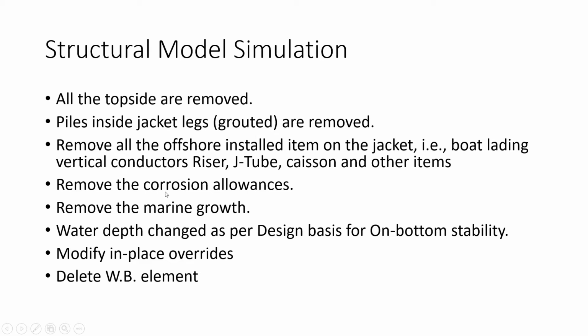In the sense, how to remove this, you have to reassign the property of the original tubular and the thickness. That is called removing the corrosion allowance, which you have to remove in the splashdown area. And then remove the marine growth. There will be a command in the in-place file, from which elevation to what elevation we have to give the marine growth and the thickness. This you have to remove, because as soon as the jacket is placed on the seabed, there won't be immediate marine growth. This is also a time dependent process. So you have to remove the marine growth.